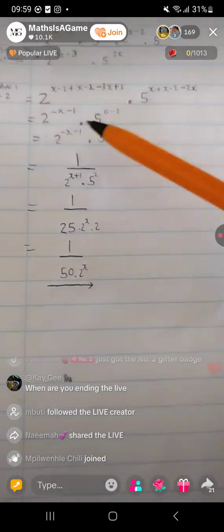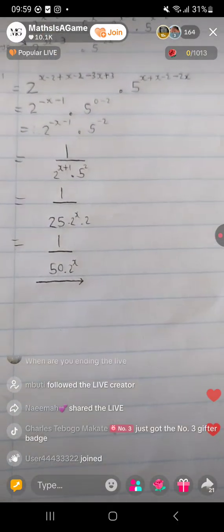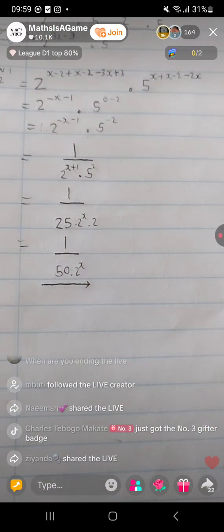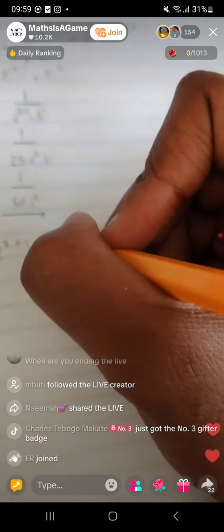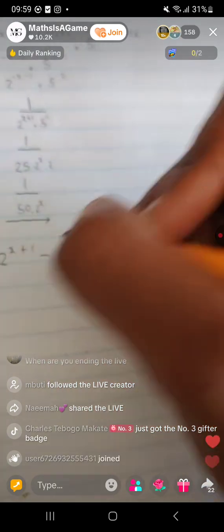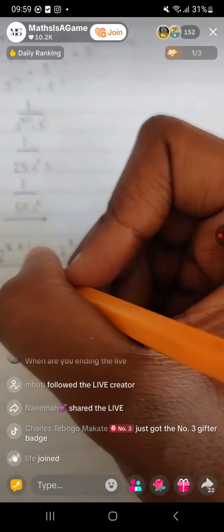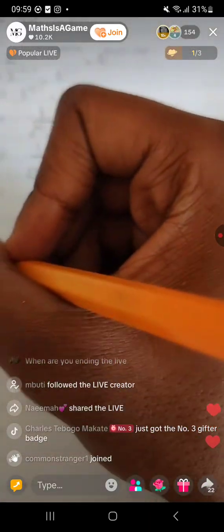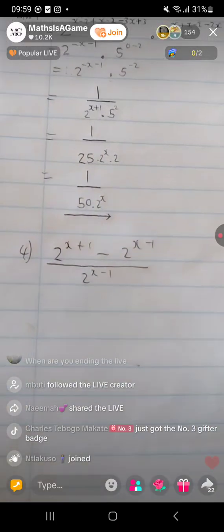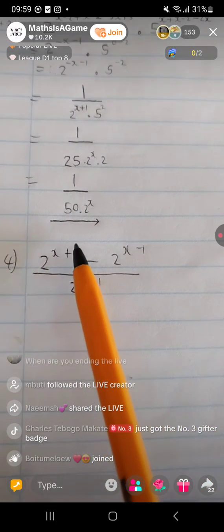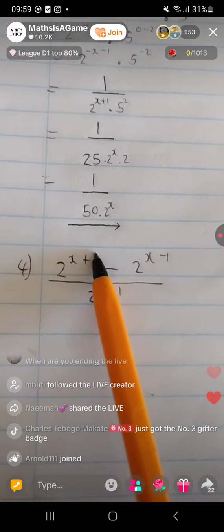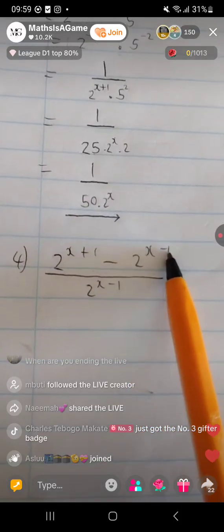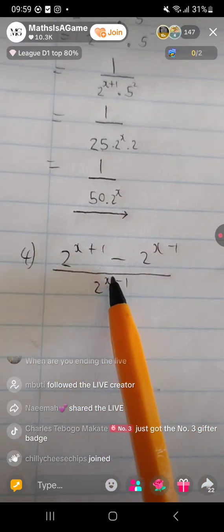Okay, so guys, all the problems that we've done above had to do with multiplication and division between bases. Now let us step into another world for a little bit, so that we can see the difference. Look at this problem, the fourth problem in this line: 2 to the power x plus 1 minus 2 to the power x minus 1